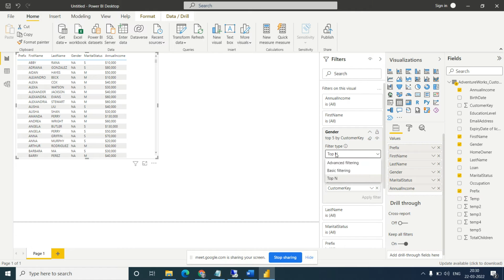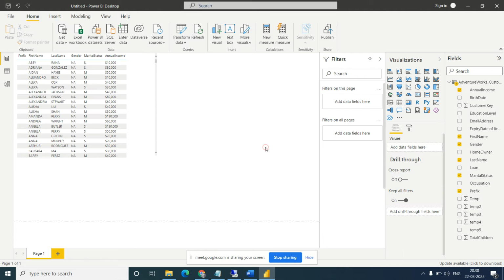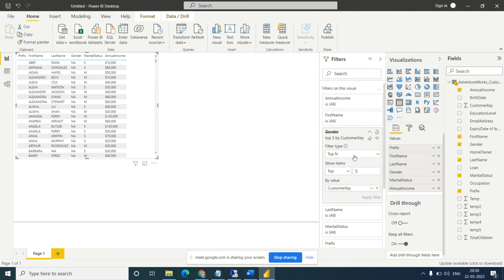So what does it mean, top and bottom? If you want to see the number of customers, you can select the top 5 records, something like this. Based on the value, this is top; if you want bottom, you need to select the bottom, and select the top 5 and add the field.